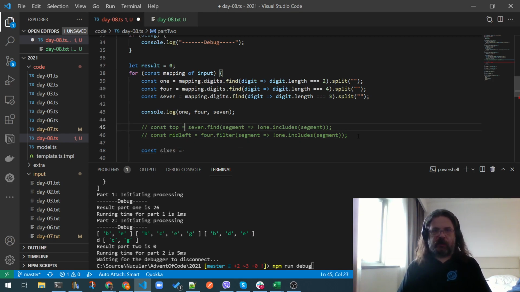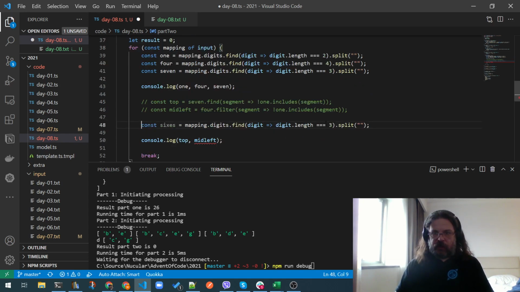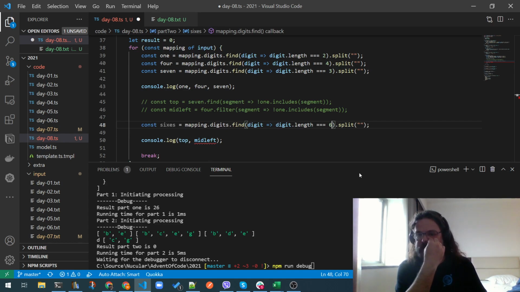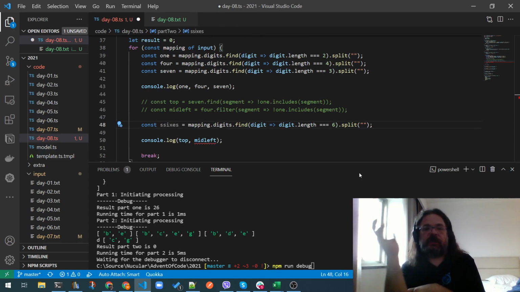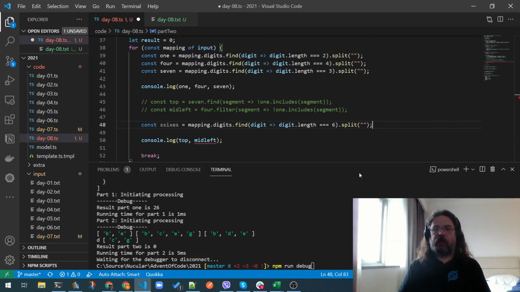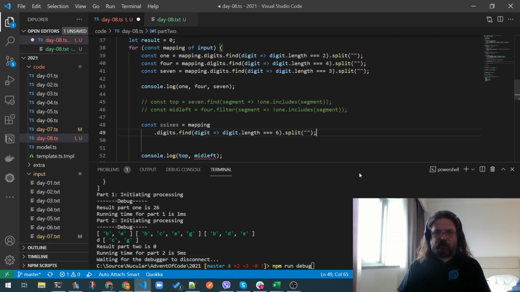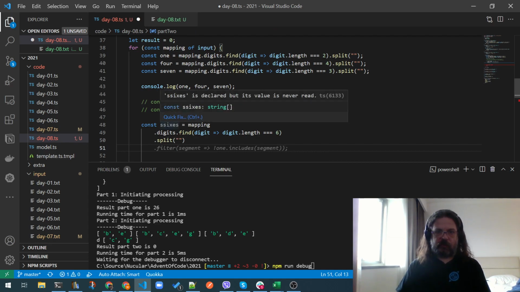So, 6 segment thingies are the ones that have a length of 6. And I'm gonna put an S in front of this because this is not the digit 6, this is the 6 segmented one. And I will split those. And after I split them, so this is right now,